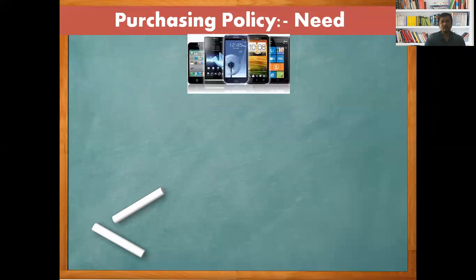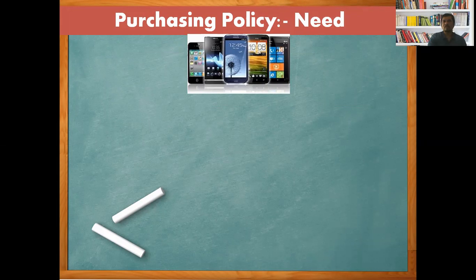Now look here. I have given one example, the smart mobile phone. Suppose you are the boss. If you are the owner of an organization, in the next month on the occasion of Diwali, you want to give a bonus to all the employees in the form of a smart mobile phone. Therefore, you want to purchase mobile phones to give a Diwali bonus to all your employees. Therefore, you have to identify your need.